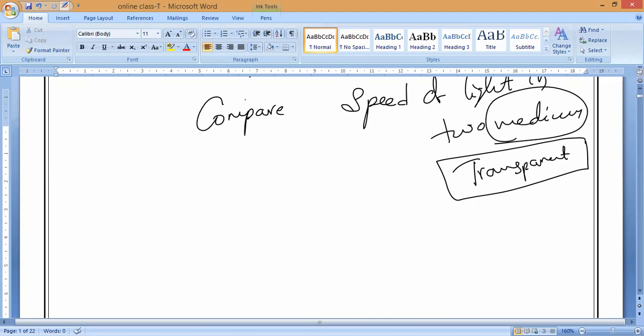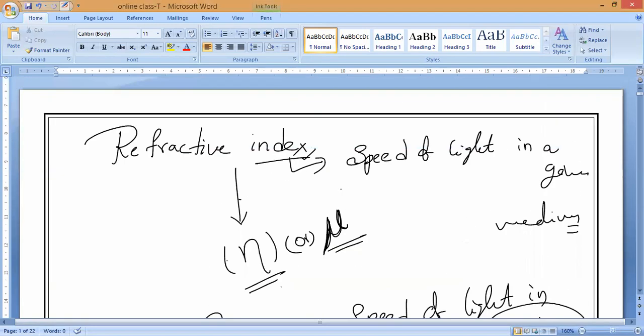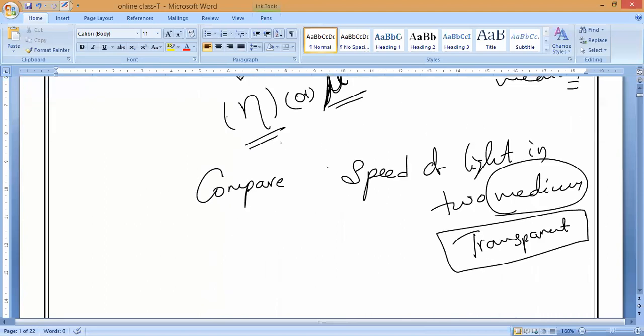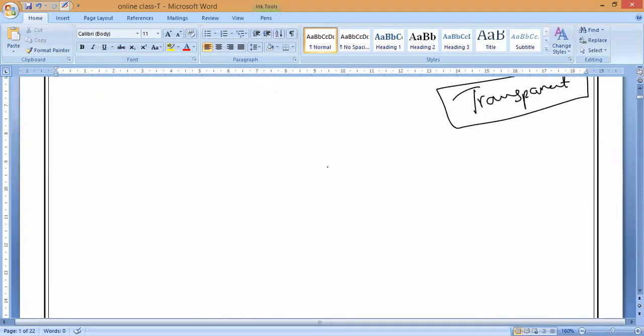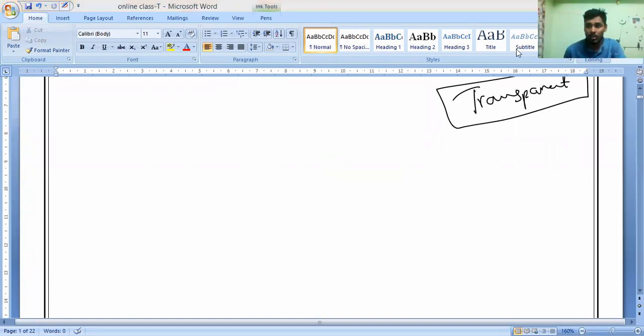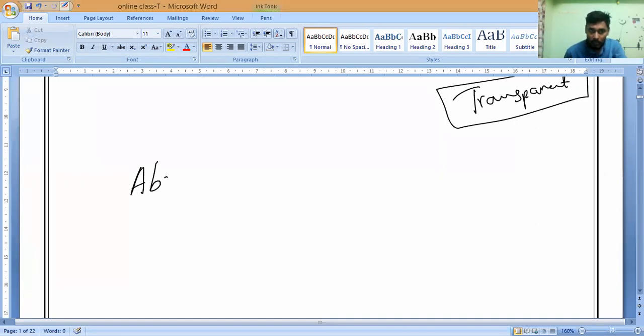Now let us come to the refractive index. Most of the students, even other fellows, don't know exactly how many types of refractive index there are, and they always get confused with numericals. So refractive index we classify into two ways. I will turn on my video also, because then only you can understand. Can you see me now, guys, everybody? Now you can see we have two kinds of refractive index. One is absolute refractive index.